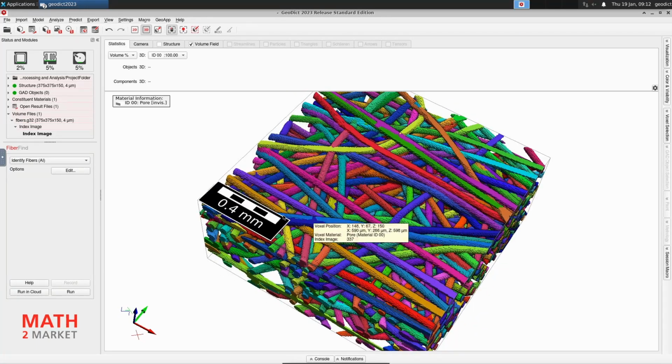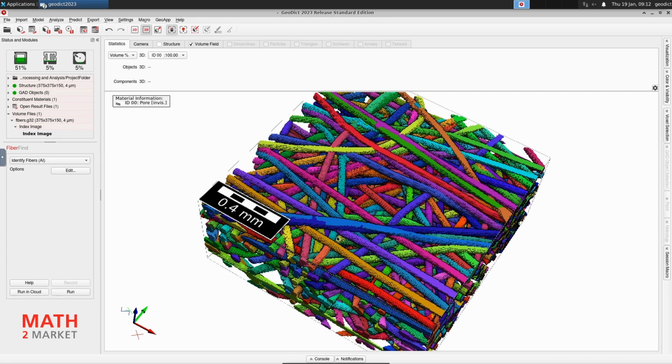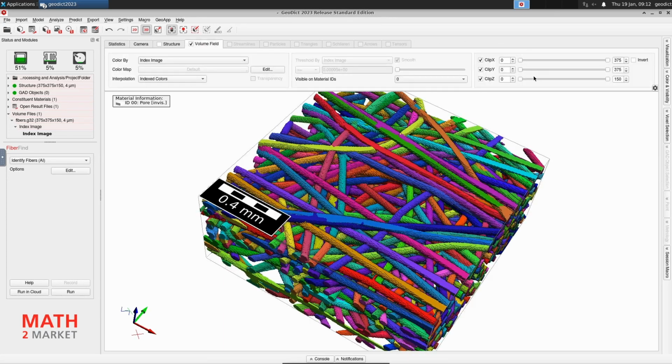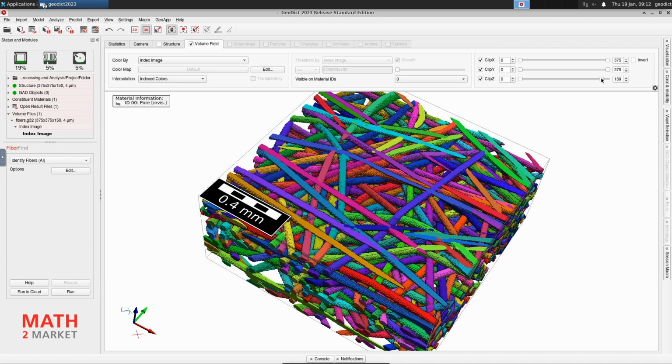I think the algorithm might have some difficulties where the fibers are crossing each other, but this might also be a boundary effect. So we could also crop in there, and yeah, in there it looks very nice.